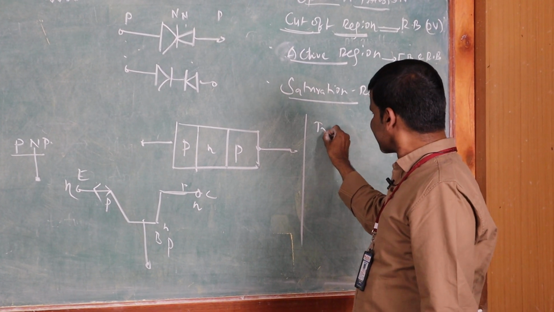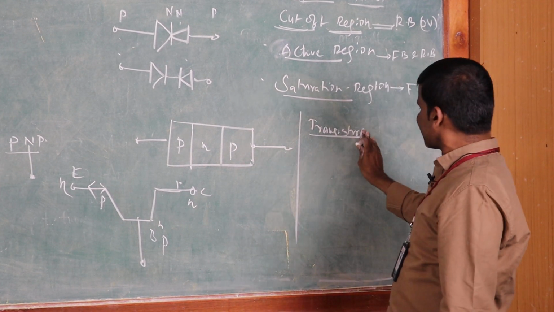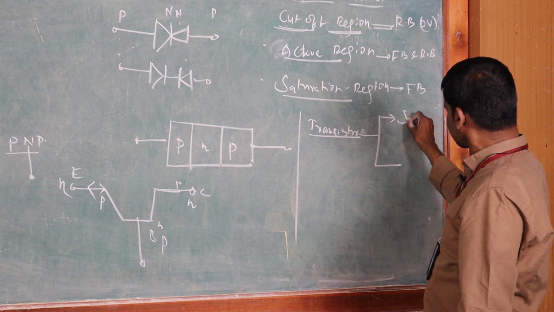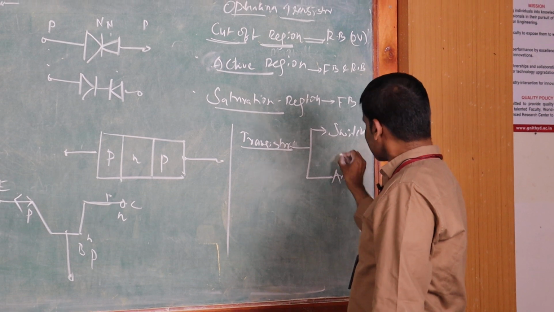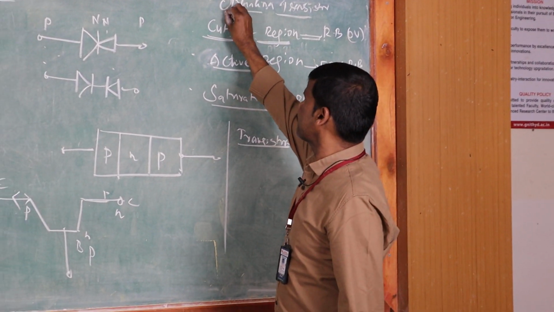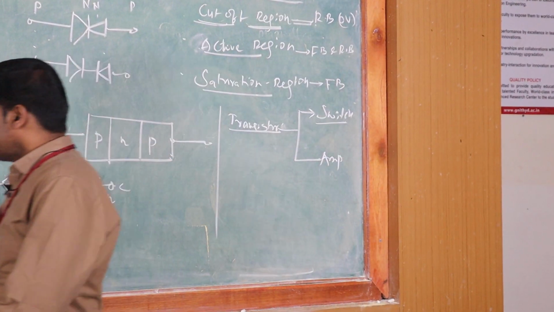Transistor is used as a switch. How can the transistor be used as a switch? It can be used as a switch, like a closed circuit switch, and number two, as an amplifier. When can a transistor be used as a switch? According to the operating region of the transistor, it is switching from cutoff region to